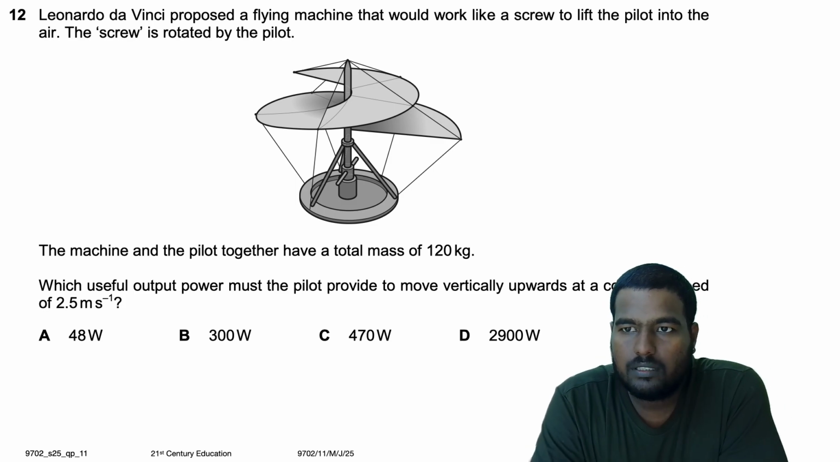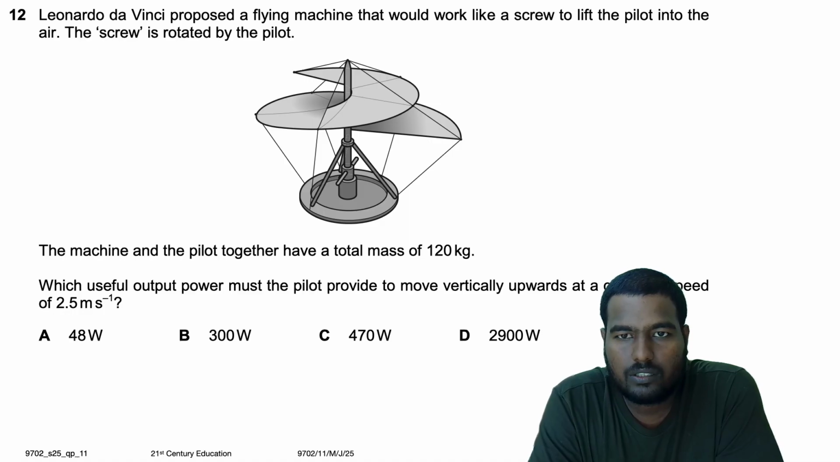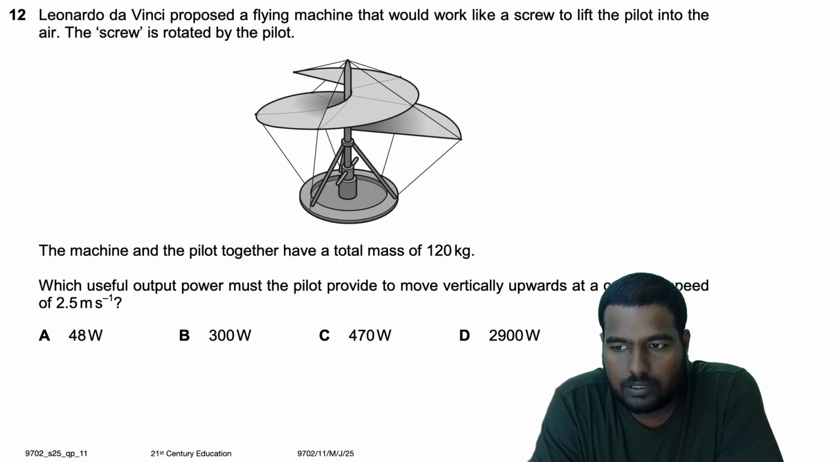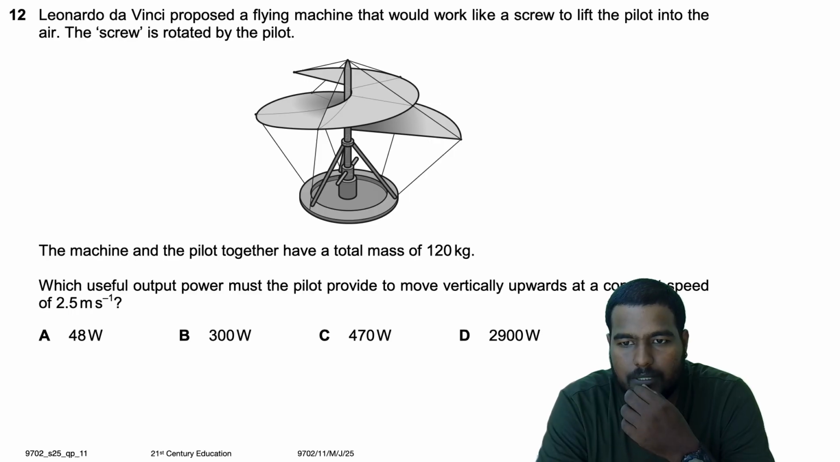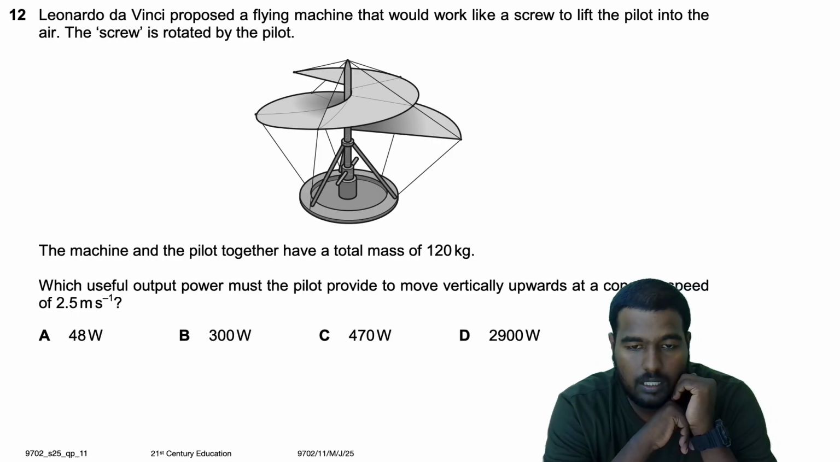Proposed a flying machine that would work like a screw to lift the pilot into the air. The screw is rotated by the pilot. The machine and the pilot together have total mass of 120. What useful output power must the pilot provide to move vertically upwards with a constant speed of 2.5